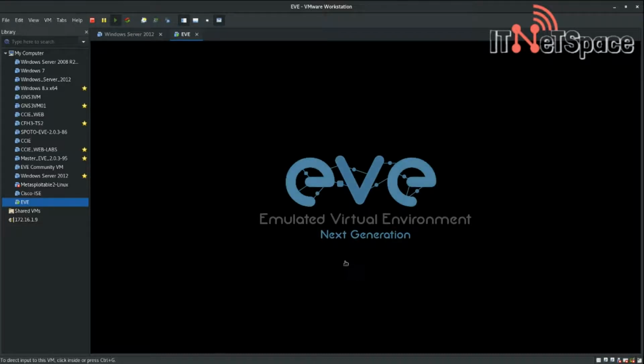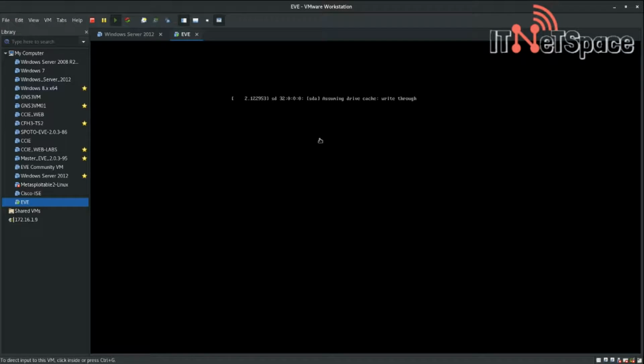We need to configure the static IP address, host name, domain name, DNS, and NTP server settings. So let's do that. As you can see here, we have the password, and the username is